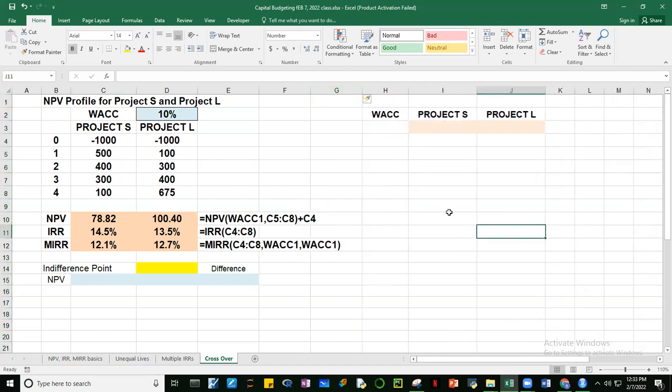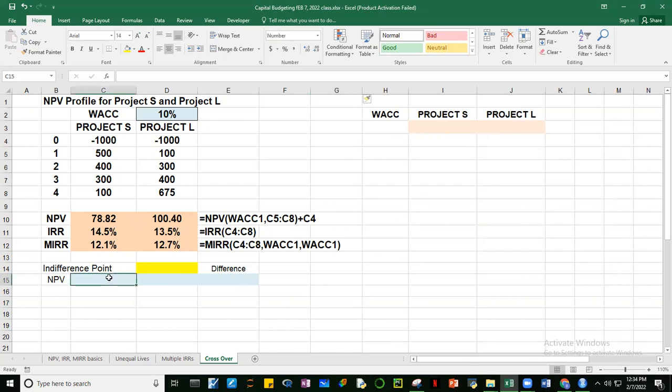Okay. So, gagawin natin, guys, again, parang yung kanina, maglalagay din tayo ng mga weight ng WACC dito. Pero kailangan muna natin i-compute, guys, no? Kailan yung crossover nila? Ang ibig sabihin ng crossover, kailan yung WACC na it doesn't matter kung project S or project L yung pipiliin. So we can do that, no? How do we compute for that?